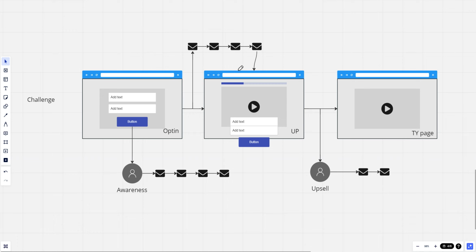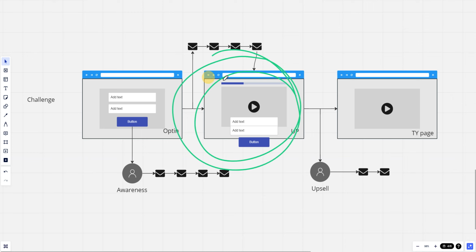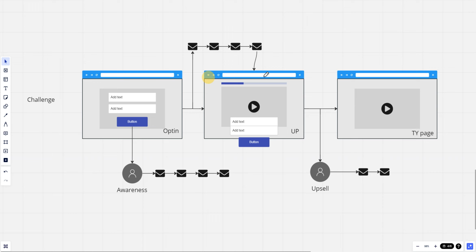Okay, so it's not just a matter of you get recordings, or not just a matter of you get more PDFs or more templates. It needs to be really, really high in value. So make sure that you go ham, because if you get people to already pay right there in the upsell, you're not just going to make a lot more money, but you're also going to be able to warm your audience a lot more.